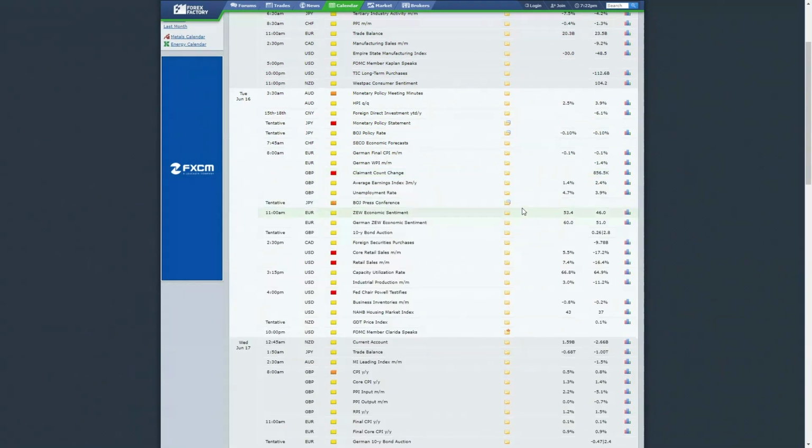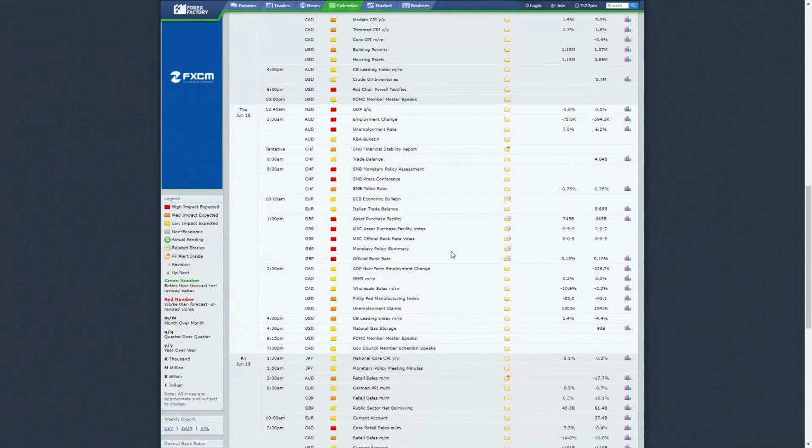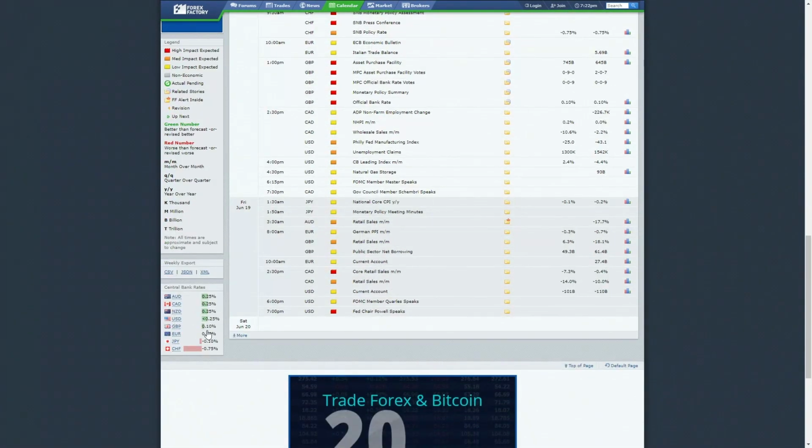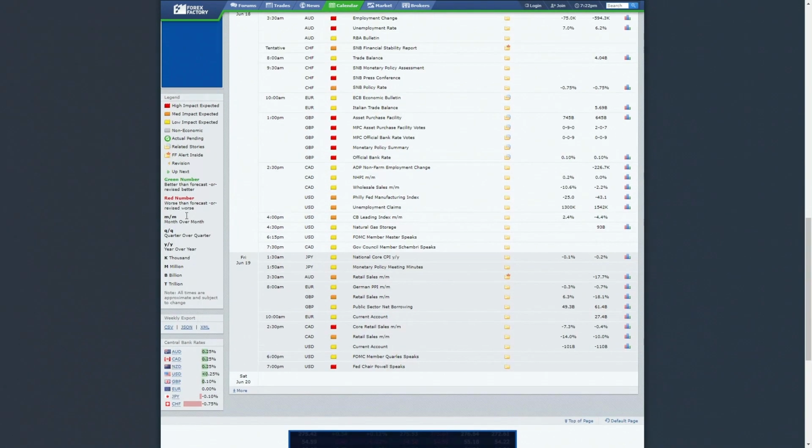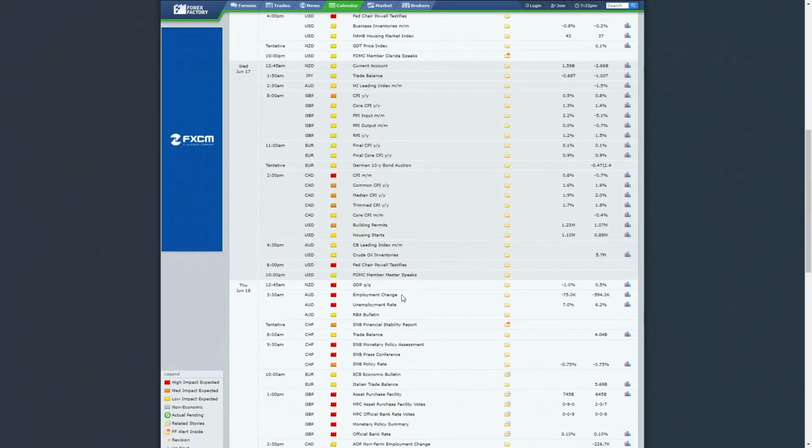during the week, and also once it has occurred, to see what the impact was in terms of the historical data. Also handy, right at the bottom of the page, there's normally a central bank interest rate table showing you exactly where the various interest rates are for the central banks. The legend is also very helpful. If you're struggling with reading any of these data points, like what is the B, what is the K, what does it stand for, or M over M, month over month, quarter over quarter, etc., this will give you a little bit of a rundown of exactly what these things mean, which is also handy.